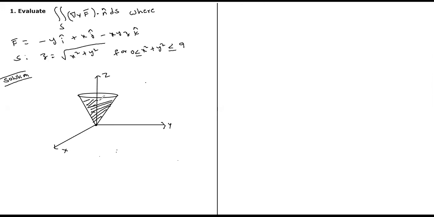This is the cone for which the upper part is the boundary. What is the boundary of this cone? The circle x square plus y square equals 9. Is it okay? That is the boundary. Now what is the orientation of this boundary? Can you tell me the orientation of this boundary? By default we have to give the positive orientation, right? Because n cap is the outward normal vector.